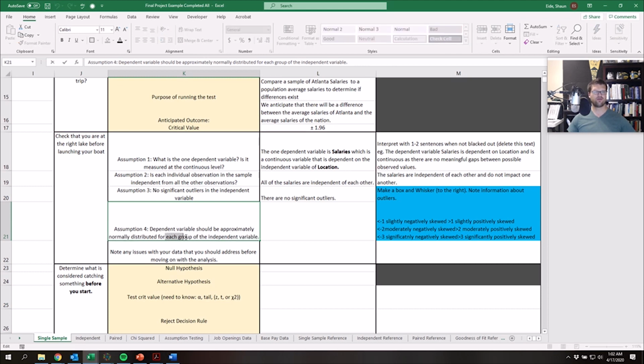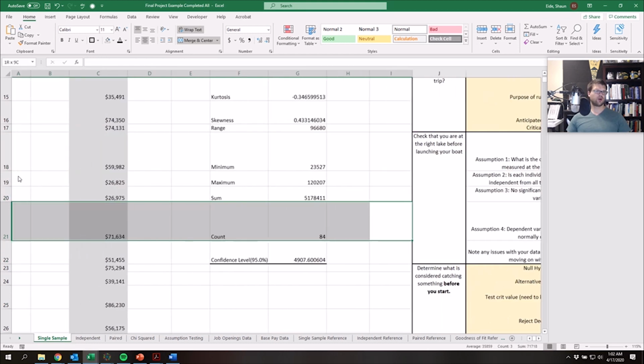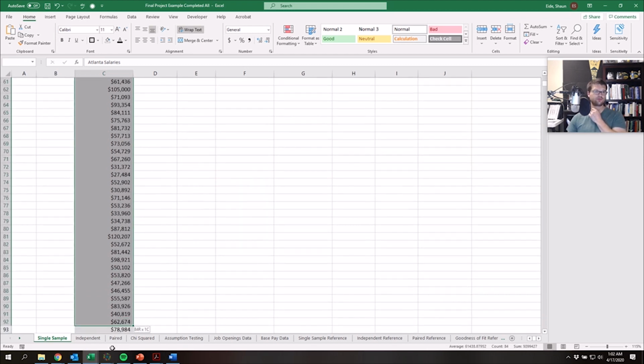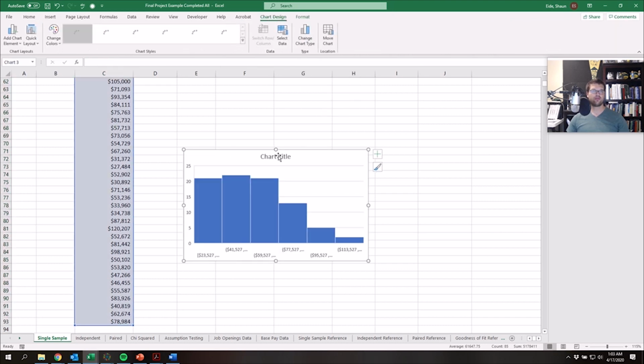Once again, I accidentally have for the dependent variable should be approximately normally distributed. Okay, so we're going to come right over here, and we're going to make a histogram. So once again, I'm just going to highlight it, and then I'm going to do insert, histogram, and I'm going to say average Atlanta salaries, and